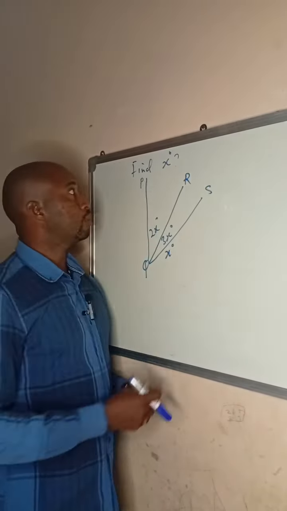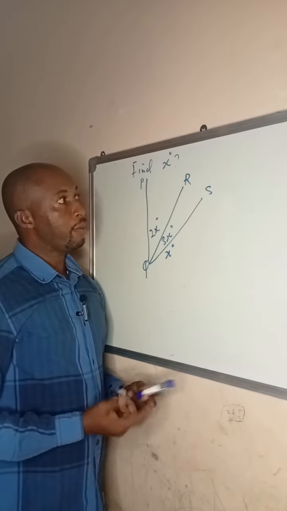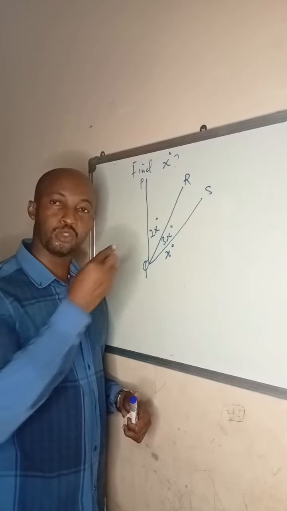Let's solve this problem on the board. Obtain the value for x. Find x in this given shape. So in mathematics, first of all, you need to analyze the shape. What kind of shape is being given to you before you are being asked to look for the value of